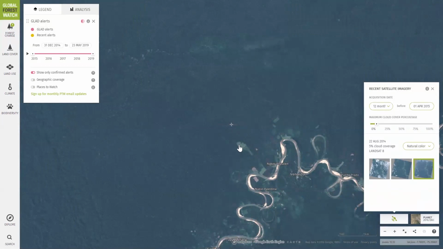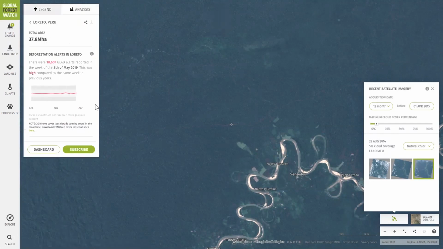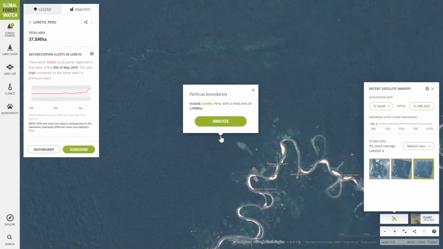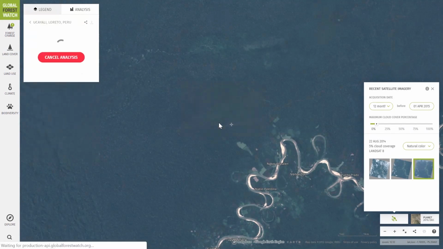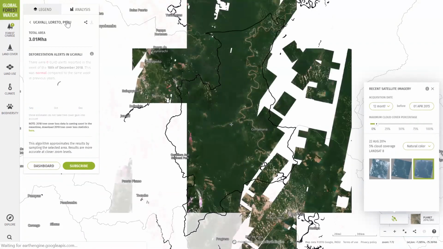Now, let's say I'm responsible for this area and want to know if these roads are expanding. I have a few options. From the Analysis tab, I can see that I can click and subscribe to a shape on the map, like this area. And I want to note really quickly,